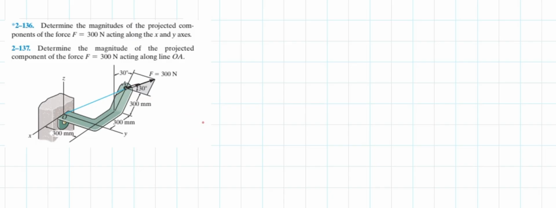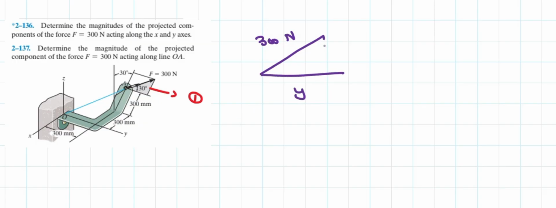For that, if you see the question diagram, this triangle, let's call it triangle number 1, is given to us. So I am extracting this triangle here. This is basically our 300 Newton force according to the diagram. This is our y-axis, and this line is what we call F prime. This length is parallel to the y-axis, so I write the y here, or you can say this is nothing but our Fy, because this is the projected component of force F acting along the y direction.